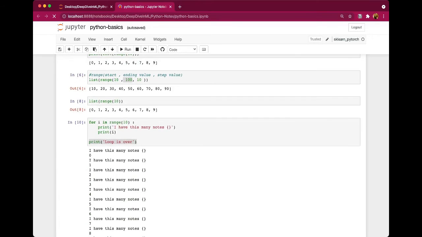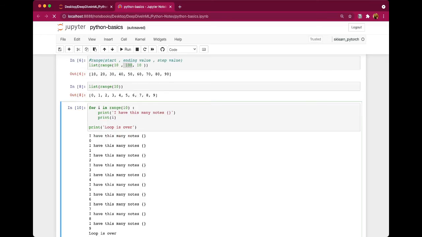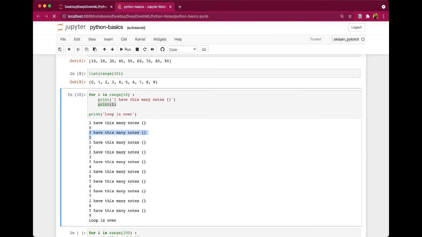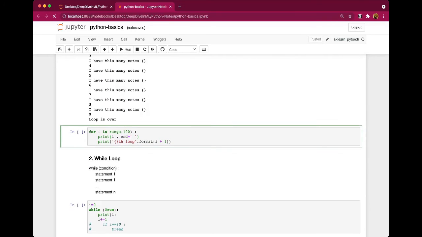Basically, here you see that every time this print statement is executed, the next time I run the print, it always gets assigned in the next line, right? So this next line behavior is basically what the end argument changes. Here we say first print i, then instead of going to the next line, just print a space. So when we execute this,